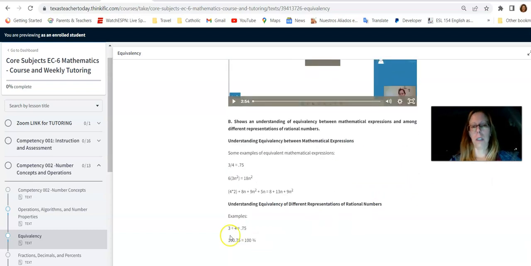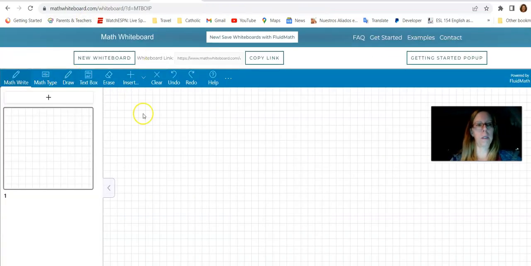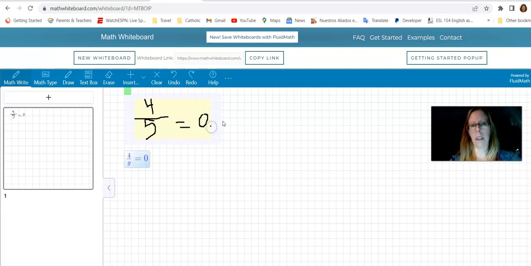So here's some more examples, and these are simple examples, but some of them will be simple on the test, and I always want to start with the easy and then make it harder. So knowing that fractions and decimals are the same, the way to know that is, let's say you have 4 divided by 5, and you might have that memorized that it's 0.8, but let's say you don't have it memorized. The way to figure that out and make sure that these are equal, like let's say if it's asking you what's equal,